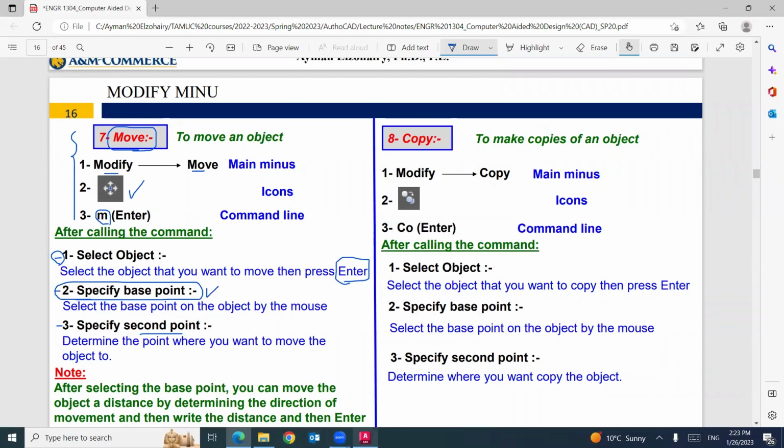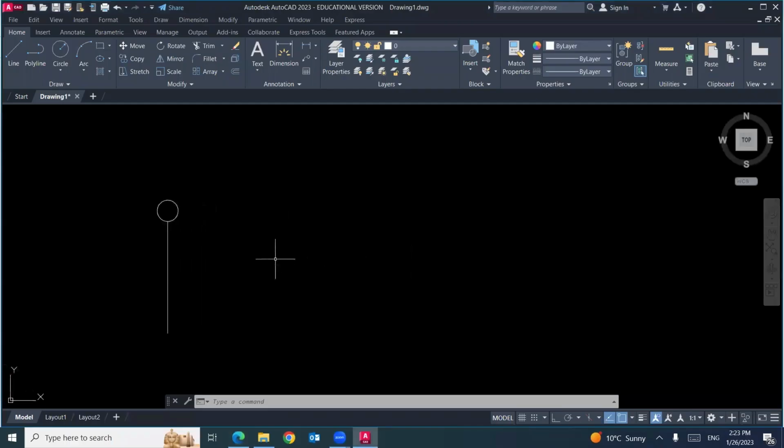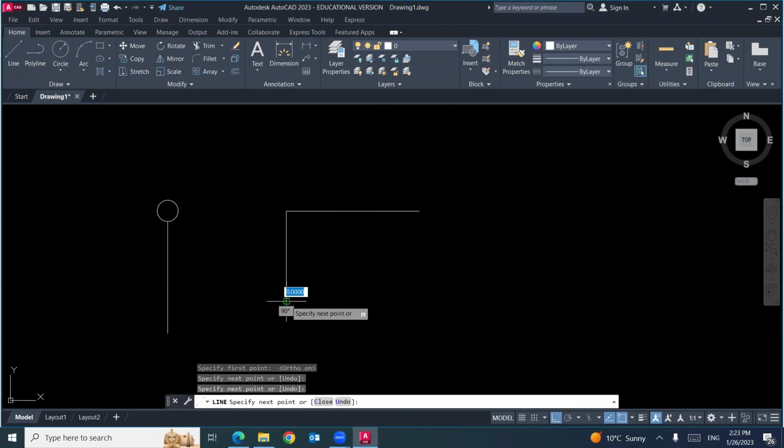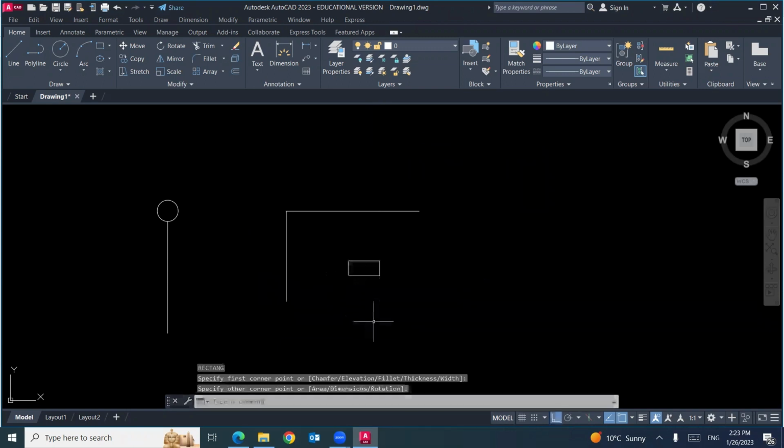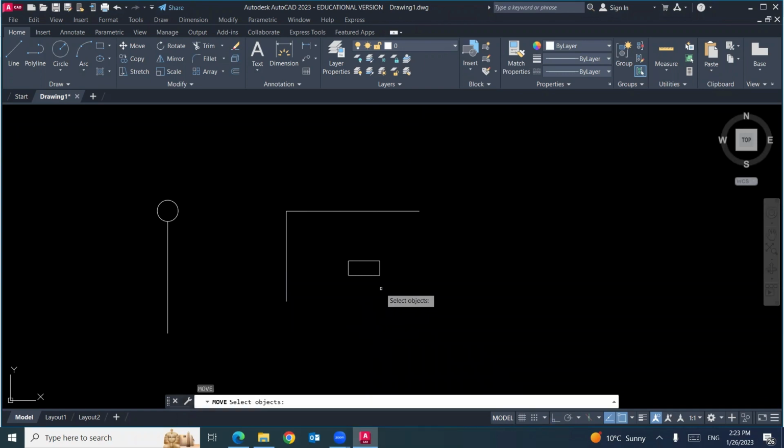For example, another example. If you have these 2 lines, one horizontal and one vertical, and you have this rectangle, we need to move this rectangle to be at this corner. So enter.